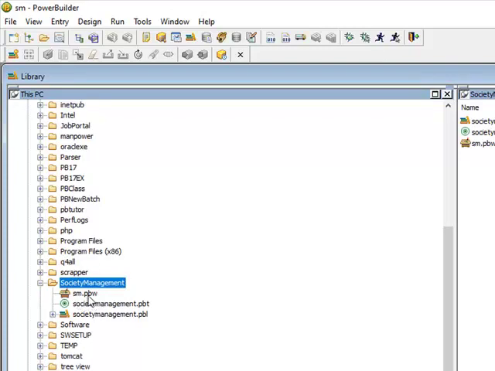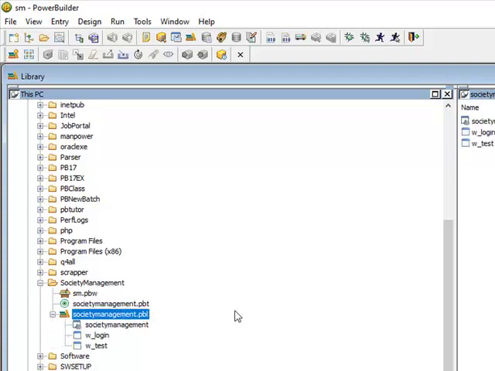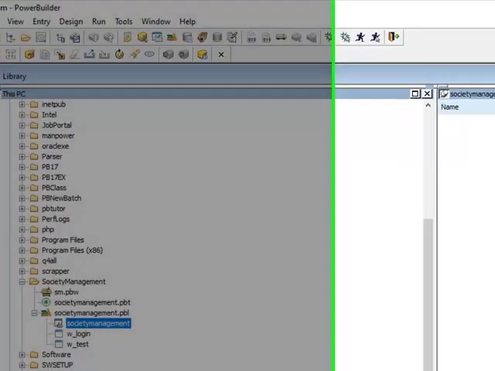Oh, sorry, I was wrong. The extension of workspaces is .pbw. Okay, perfect. And then you have this PBT and then PBL. If you further click on this plus sign, you can see that you have three objects. One is your application object, and there are two windows.